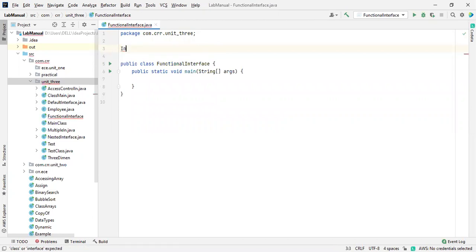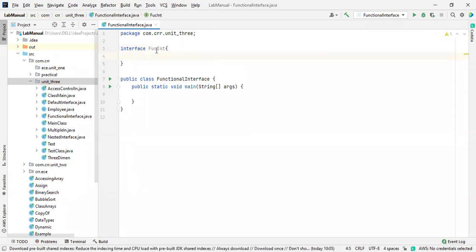Now I'm declaring an interface, which starts with the keyword interface. The name of the interface is functional int. It's okay. So this is the declaration of an interface.